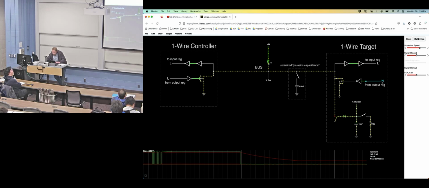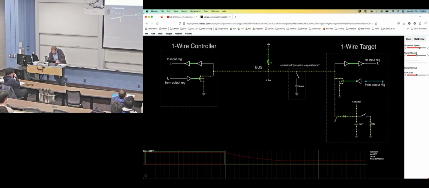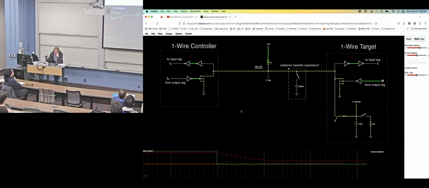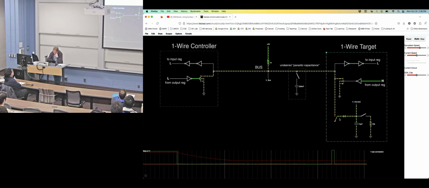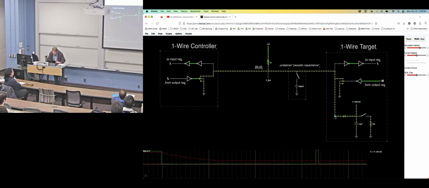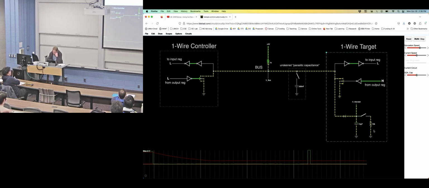Why is it not working? What's that? Says you have one bad connection. Where does it say a bad connection? On the bottom right. Here? No, to the right of the waveform. No, I made a bad connection. Let's put that back. Well, it should work. I lied to you.